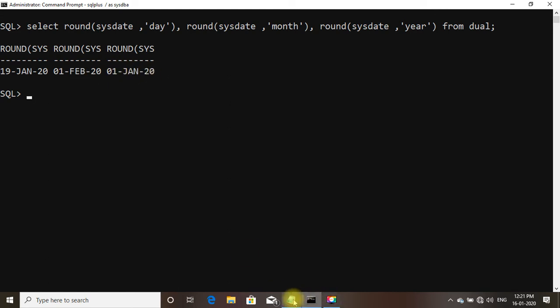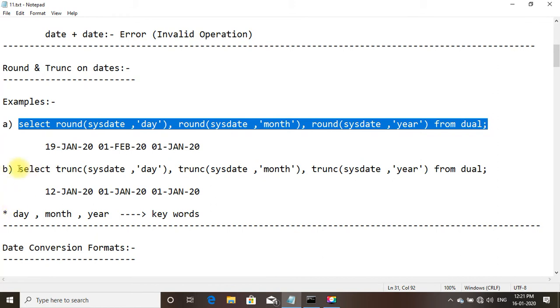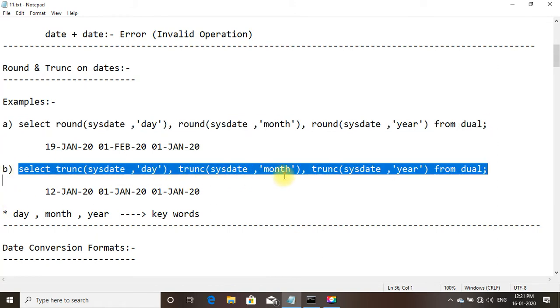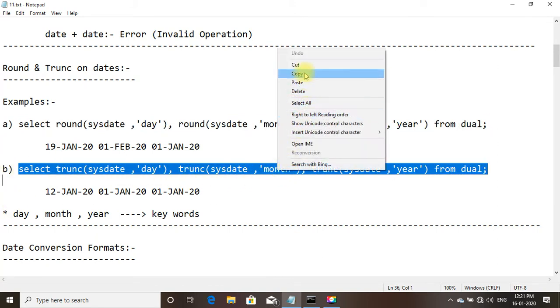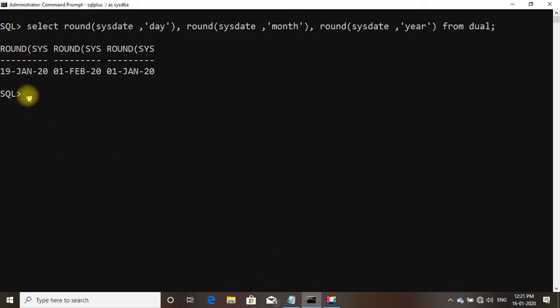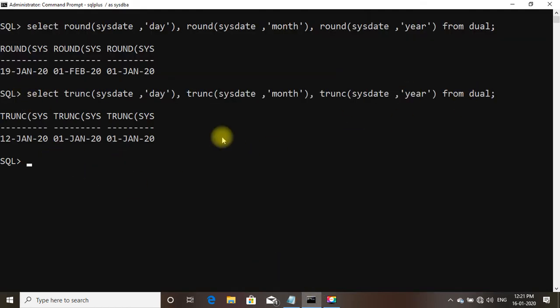We shall go to the next example, trunc. Copy and paste. So here you can see trunc is showing 12th Jan 2020, trunc month is 1st Jan 2020, and trunc year is 1st Jan 2020. So this is how trunc works.